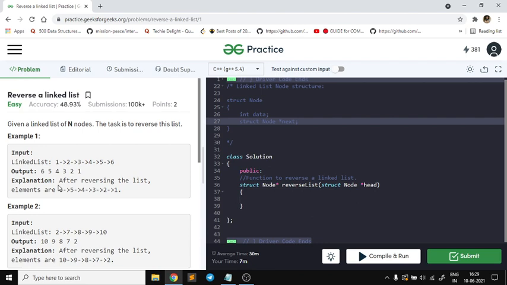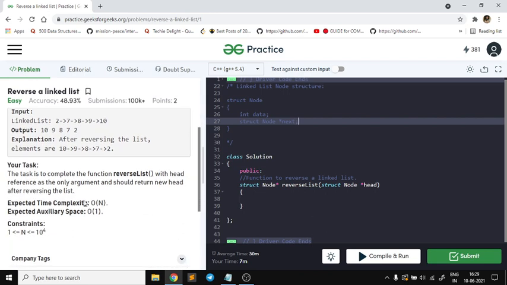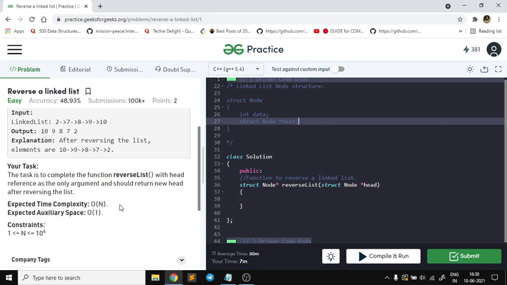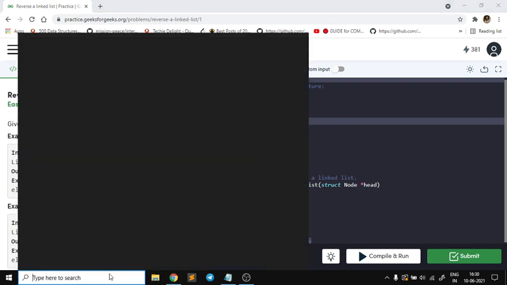So this is called the reversal of a linked list, and the output you have to return is the head node, because to iterate the complete linked list we only have to pass the head node. Similarly, the linked list which will be given to us will be only denoted by this single head node, correct? Now the time complexity expected out of us is O of n, and the expected space complexity is O of 1, right? So let us now look at how we'll be solving it, right?